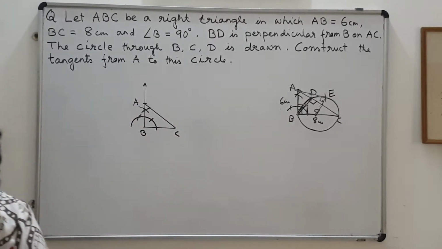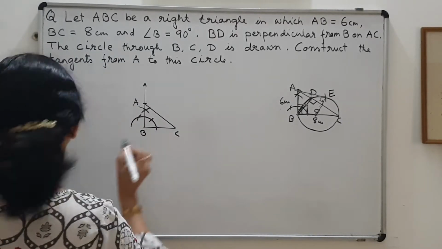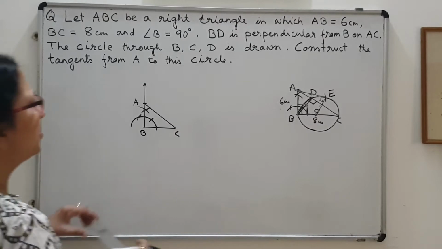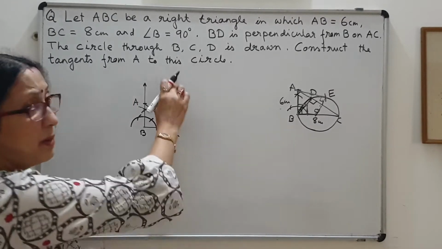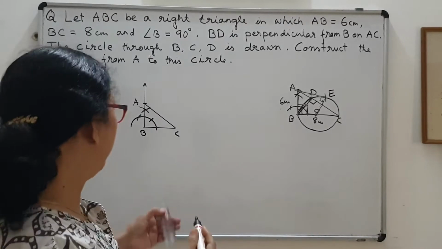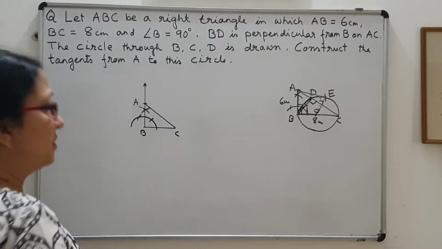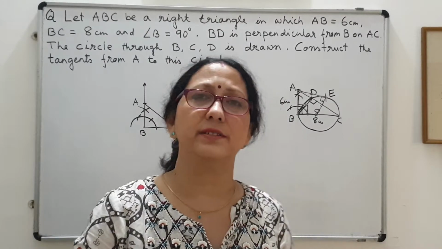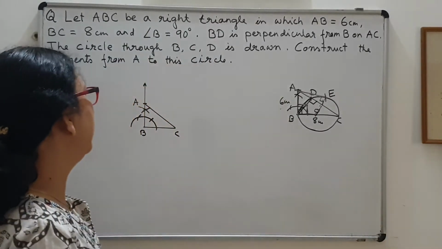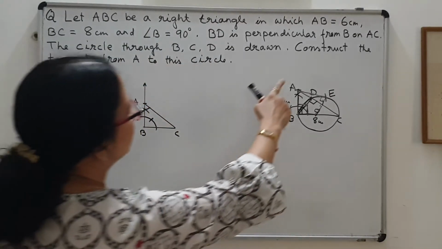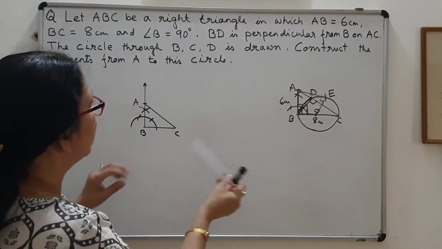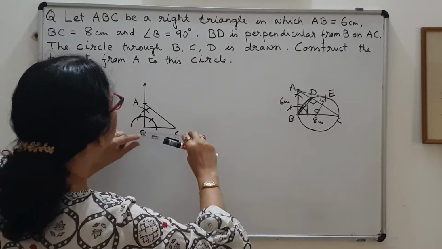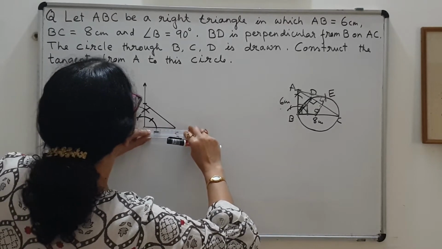Now my next step will be to get the midpoint. Since this is 8 centimeter, I can locate it without drawing a perpendicular bisector, because that would be very clumsy. If my construction is very clumsy, it will be very difficult for the examiner to understand what you have done. Here my main construction is to construct the tangent. So I can take the midpoint, which will be 4 centimeter because it's 8. I just locate a point which is 4 centimeter away from one end.